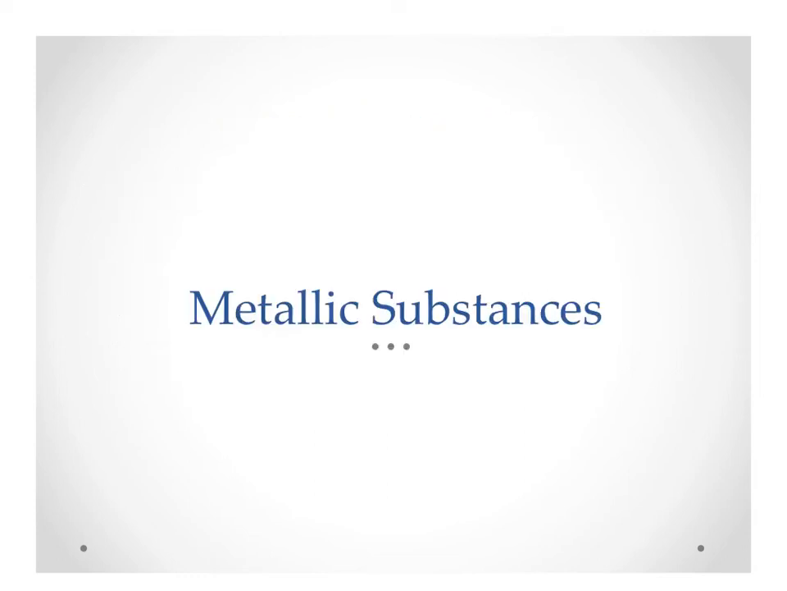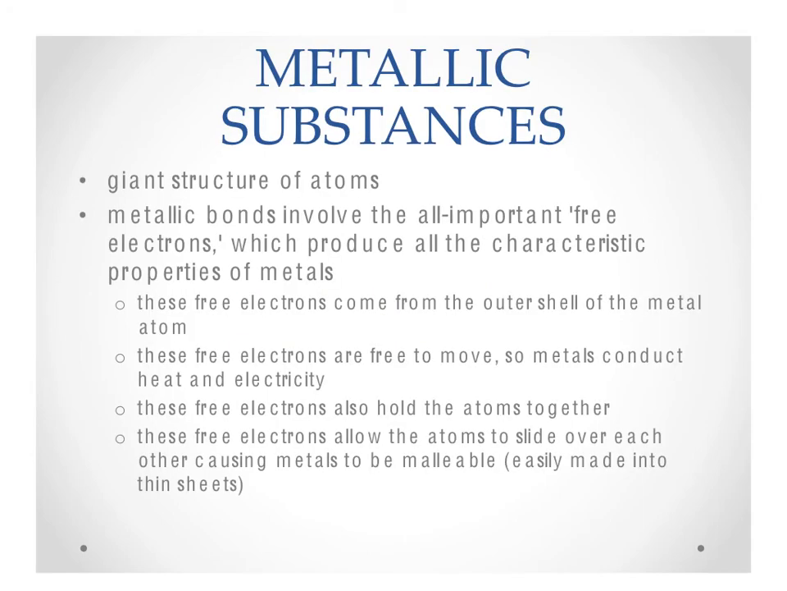Our third type of substance is the metallic substances. The metallic substances tend to form giant structures of atoms. Metallic bonds involve the all-important free electrons, remember the sea of electrons, which produce the characteristic properties of metals. These free electrons come from the outer shell of the metal. These free electrons are free to move about, so metals conduct heat and electricity. These free electrons hold the atoms together,